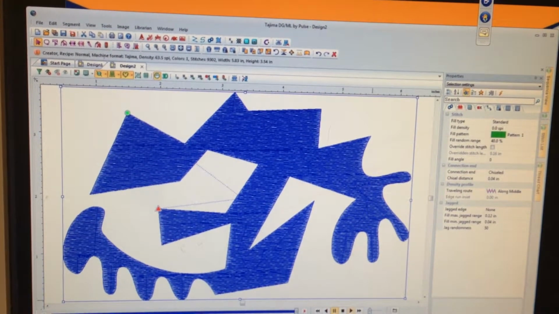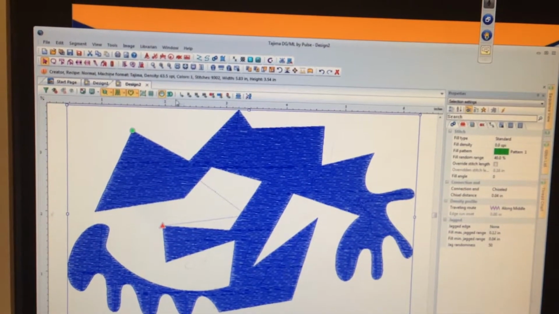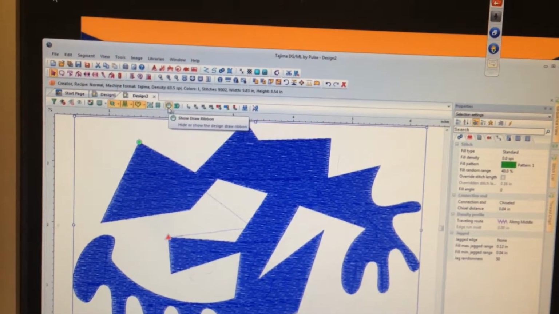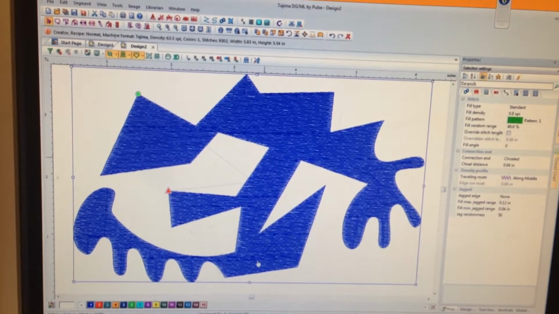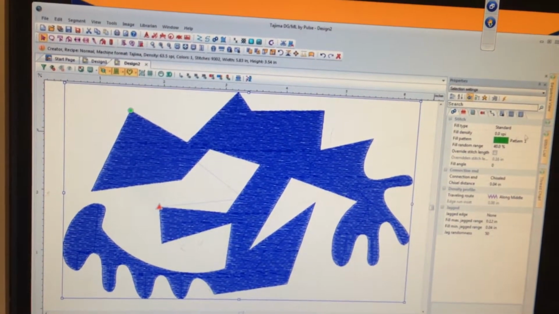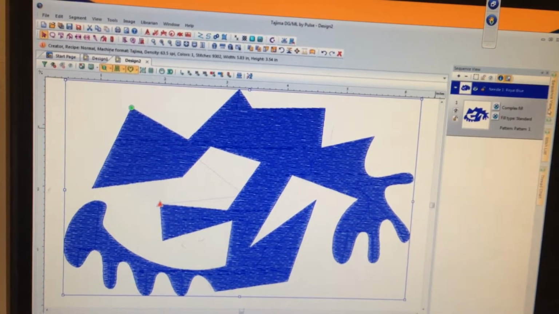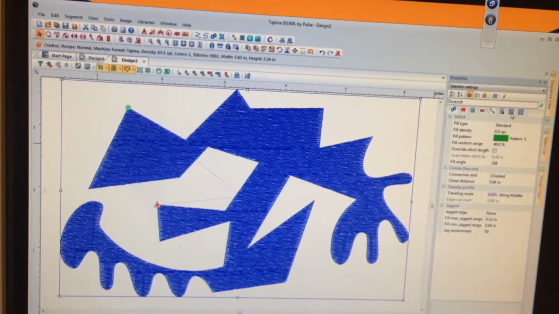As far as when there's gaps, what you have to look at with this is what's causing the gaps. Some of it is going to be how it pulls on the material. So part of it is, do you have the right underlay underneath of here? Now the other thing is that if you have the right underlay, you can also change